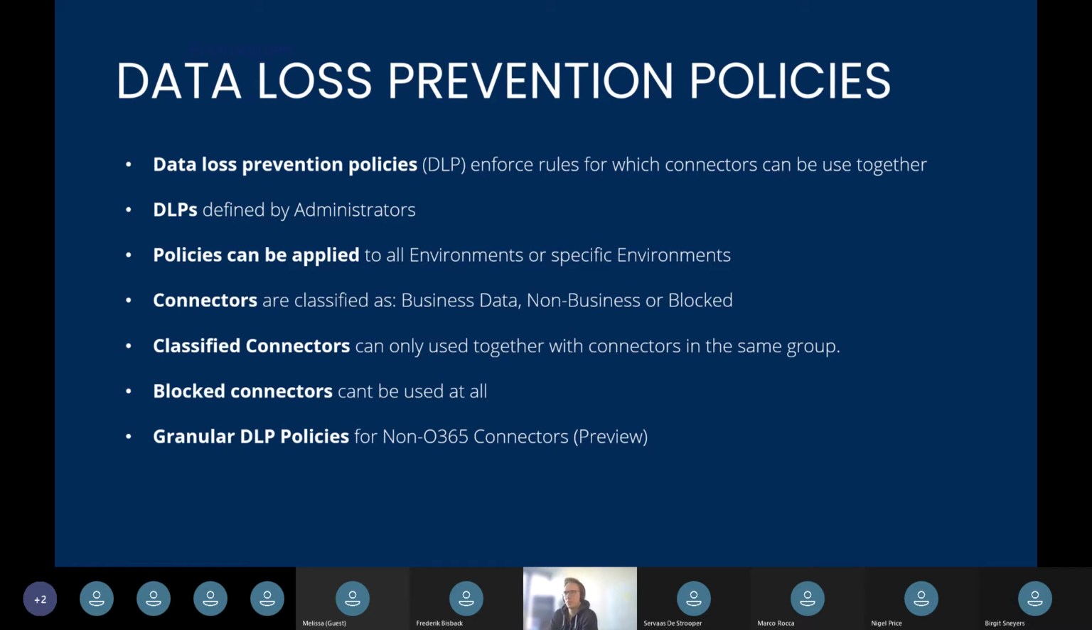Okay, let's get to the data loss prevention policies. For those who haven't heard about them before, they enforce rules about which connectors can be used together and which can't. They can be defined by the administrator, and they can be applied to either all environments or just specific environments. We're going to have a quick demo after this so that you can see how to set them up